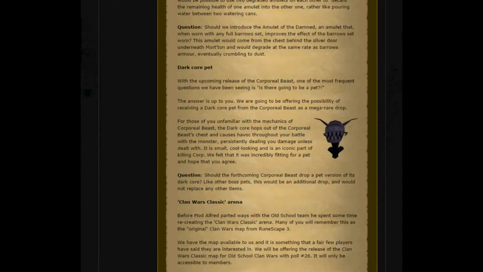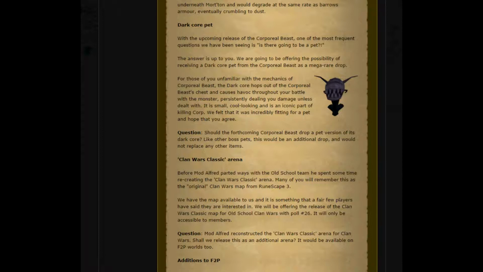Next, the Dark Core pet. With the upcoming release of Corporeal Beast, one of the most frequent questions they've been seeing is, is there going to be a pet? The answer is up to us. They're going to be offering the possibility of receiving a Dark Core pet from the Corporeal Beast as a mega rare drop. For those of us unfamiliar with the mechanics of the Corporeal Beast, the Dark Core hops out of